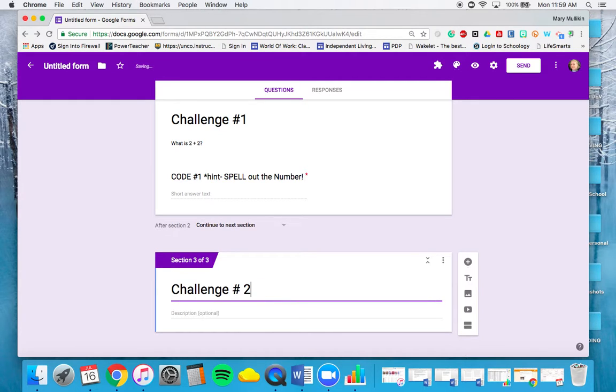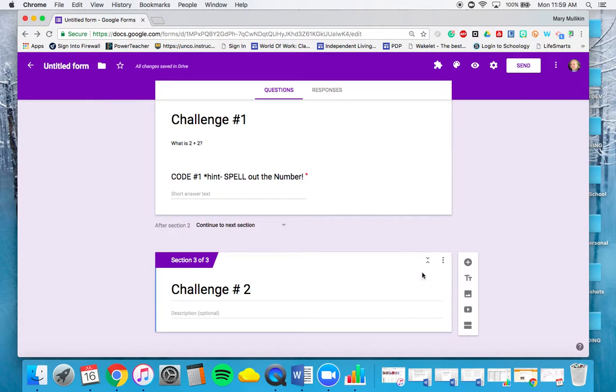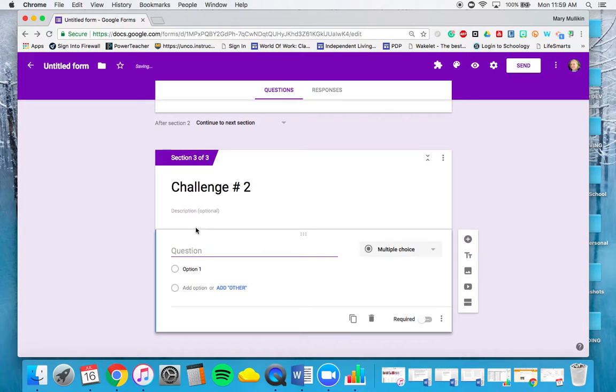Challenge number 2, or whatever you want to do. And then if you want to add an image, you can put in an image there. You can give them a link to a website, any of these different things. Have them watch a video and then answer a question related to that. But just remember, you will need to put the question,